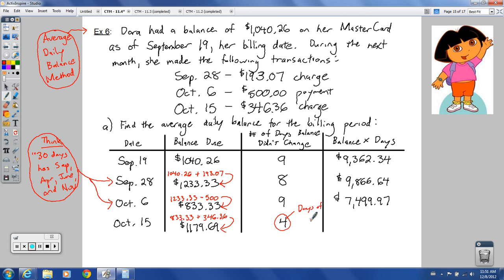It's the days to, not of, the days to the end of the billing period. So days to end of billing period. The days to the 19th, in other words. Multiply this number times this number, and we get 3,000. Hold on a second, that's not 3,000. What I meant to say was 4,000, not 3,000, but